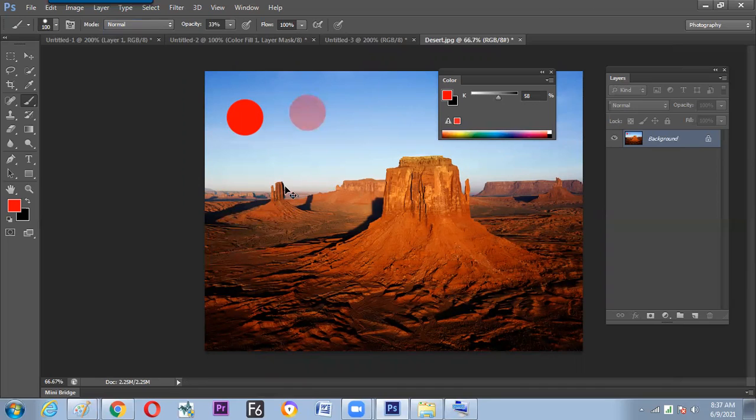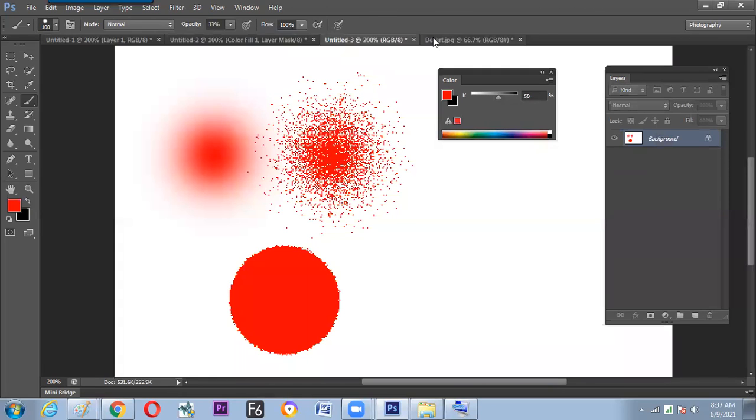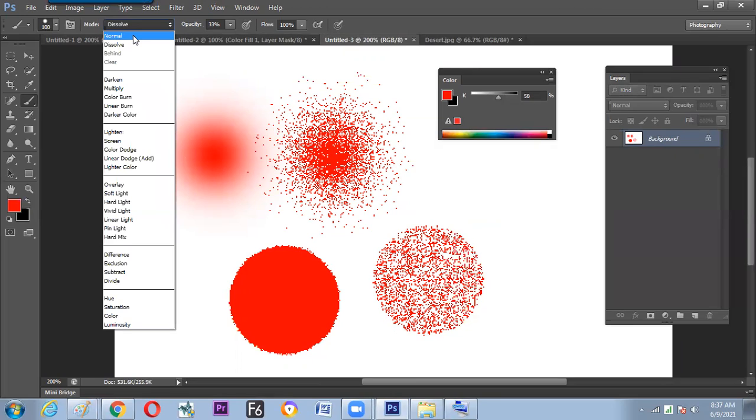So what you can see behind the structure is called opacity, transparency. Now, inside the screen, this opacity also controls the dissolve. Lower the opacity, fewer the dots. Higher the opacity, more the dots. So we have now understood the two properties, normal and dissolve, and the difference between them.